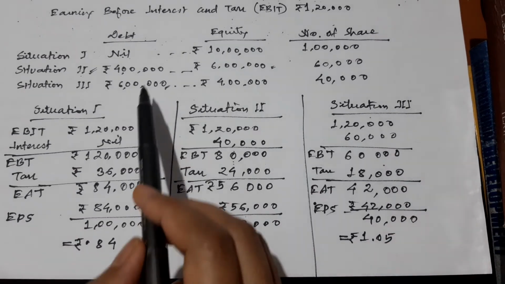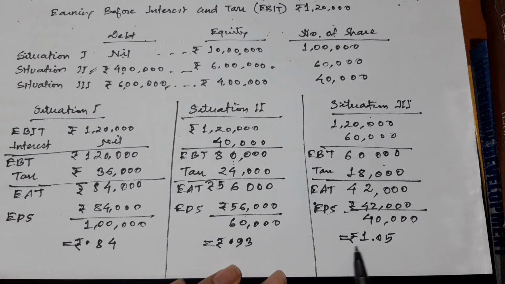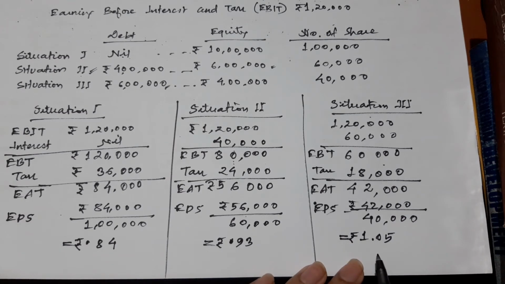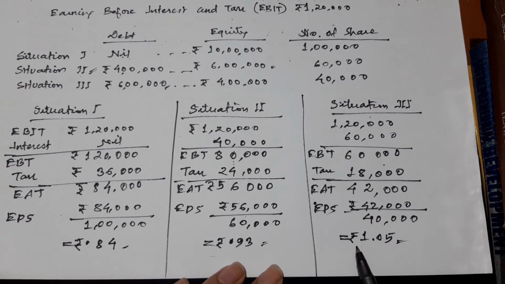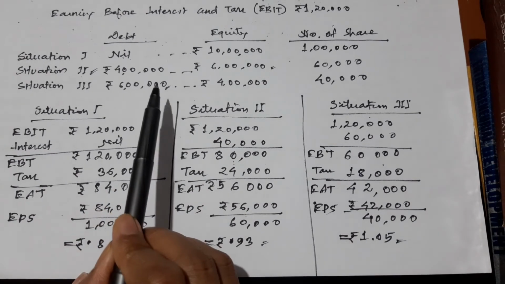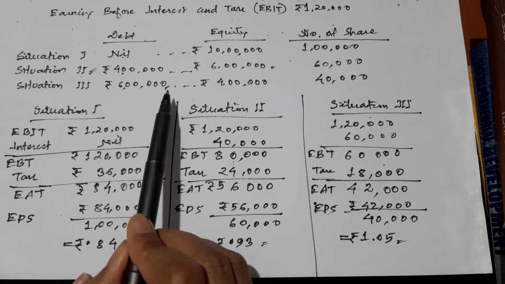In situation 3 debt fund is rupees 6 lakhs and earning per share is rupees 1.05. So gradual increase in the earning per share. So why did this happen? This happened because of increased use of cheaper fund or cheaper capital in the total capital